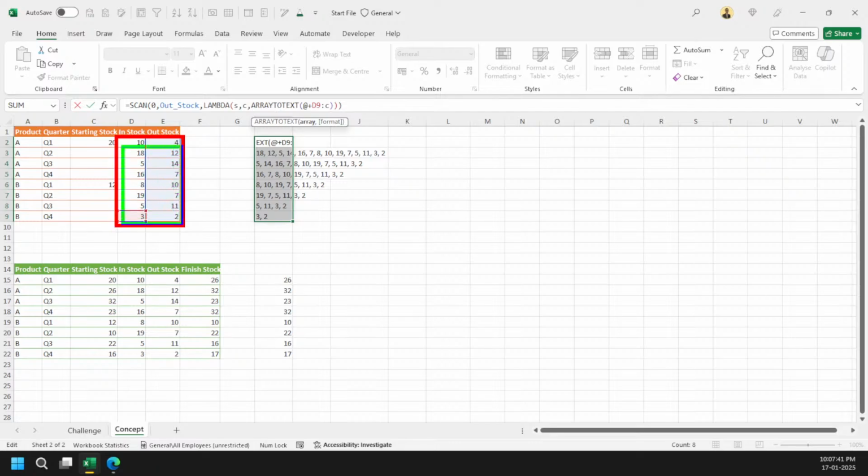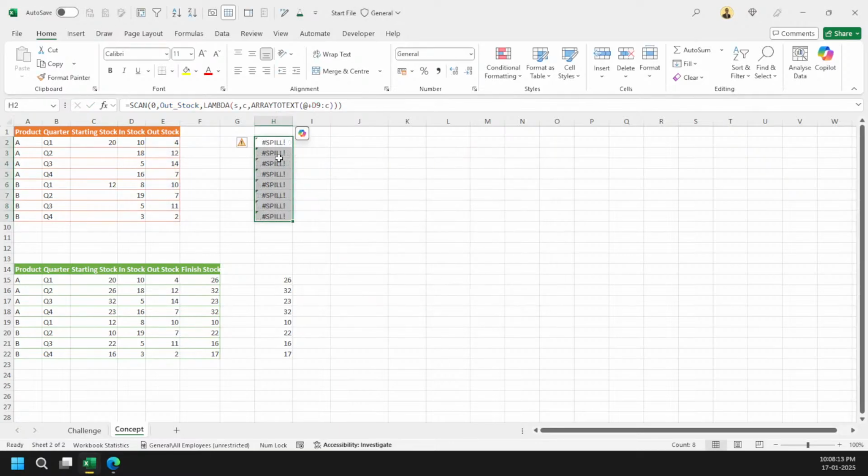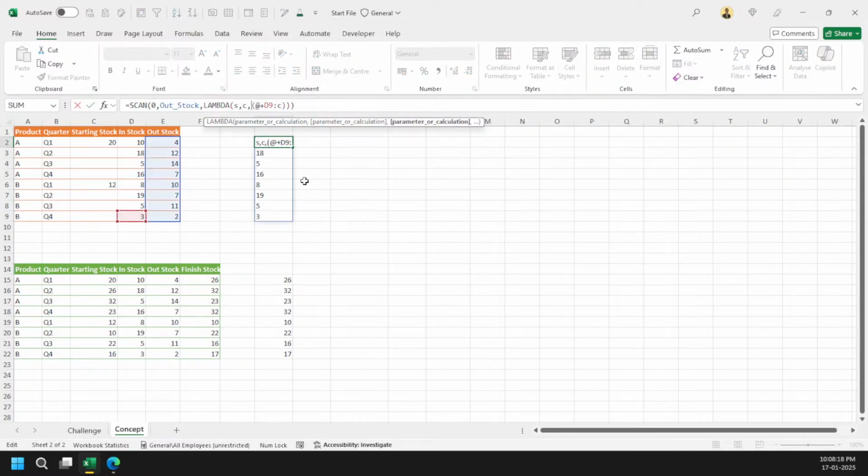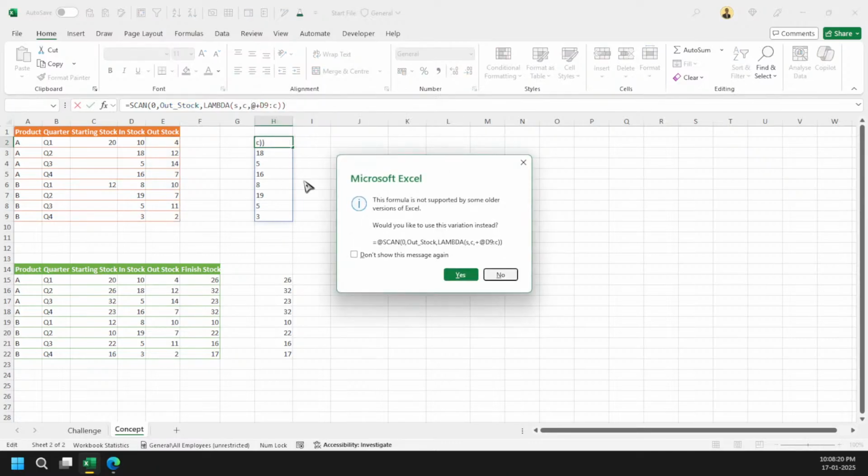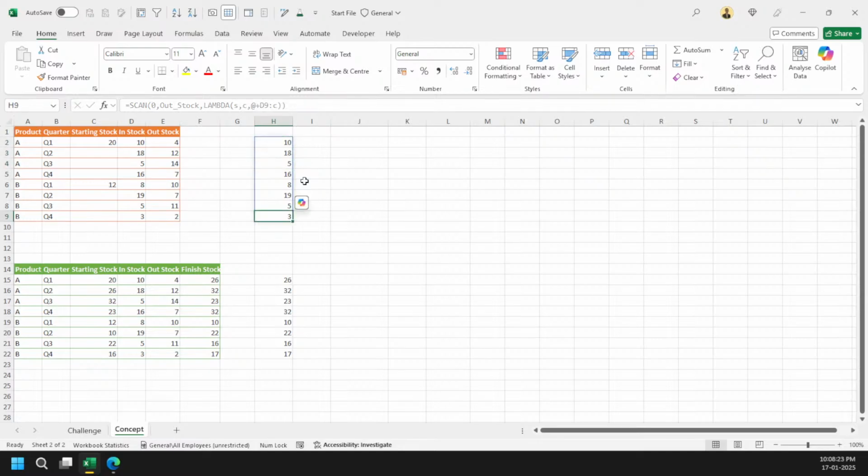Let me do this way. Only this much range. And then when I go to the third iteration, it will just select this much portion. Got it? So every time my ranges are reducing. Okay. So that's the logic here. So the moment I do this way, it is grabbing me the values, and now I can remove the array to text, and it will work perfectly fine. So that's the way you can actually grab the values here. Got it? Just by playing with the references.